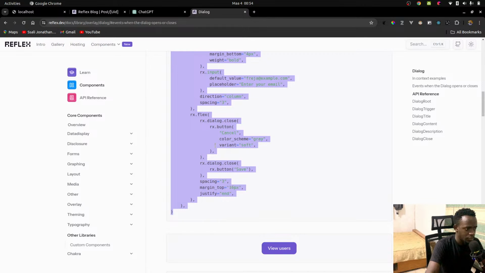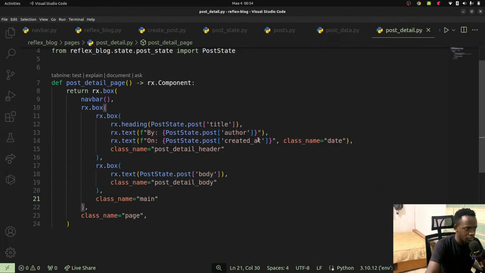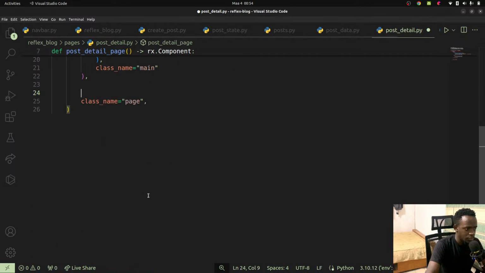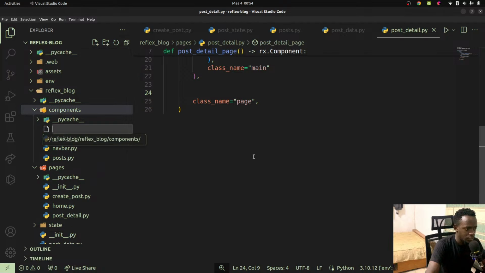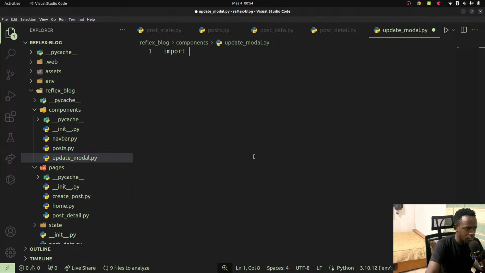So I'm going to copy this, and then I'm going to go ahead and paste it somewhere where we're rendering our post detail. Now within the post detail, before we go to the main page section, we're just simply going to have an update modal. Or what you can do is to actually split this and make it a component. So let's go within our components right here, and then we shall create a new file. We're going to call this the update_model.py. In this case, we're going to go ahead and say import reflex as rx,